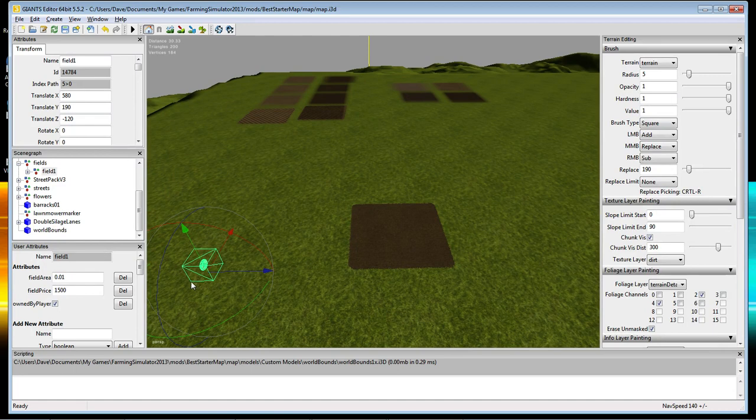Okay. And then, this is where we mark our first corner. Now, a lot of people like the different ways you can mark it. You can put it right on the edge, or you can have a little bit out. What I like to do is make sure it's a little bit out from the actual cultivated field, so that